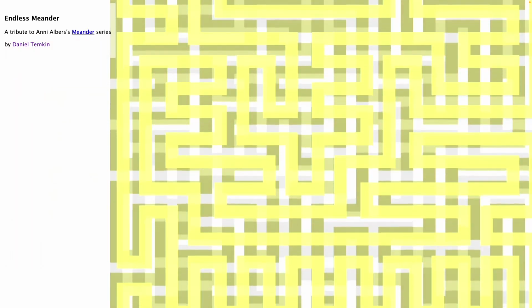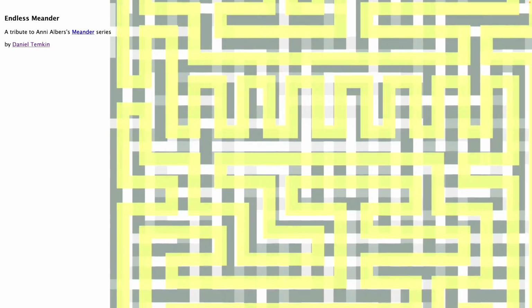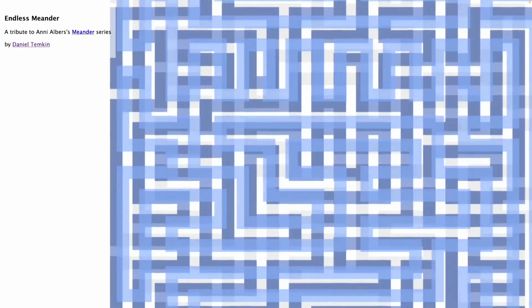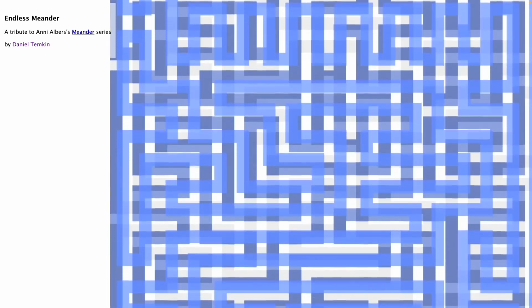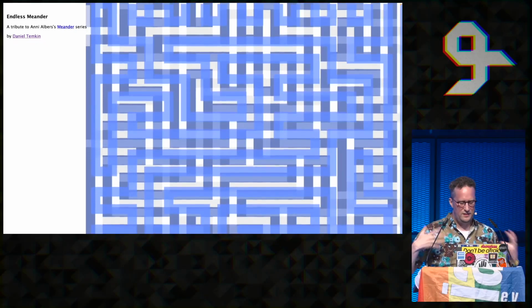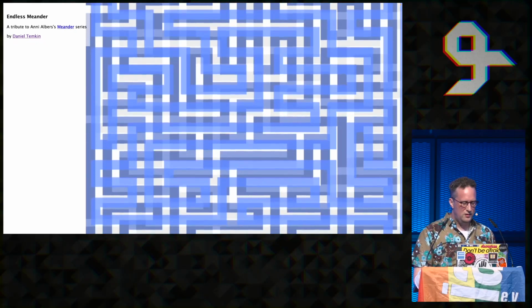And then also, I was looking at space-filling algorithms. This is a piece that I made that resembles work by the painter Anni Albers, but it recreates it using a space-filling algorithm. She did these paintings that had these different layers of paths, so I did the same thing, but used this mathematical construct